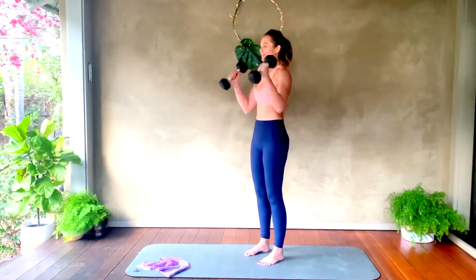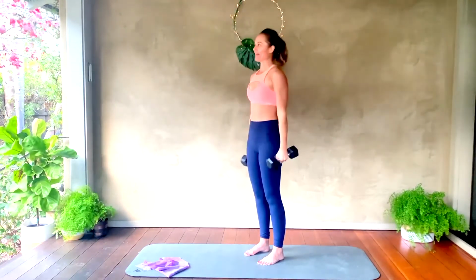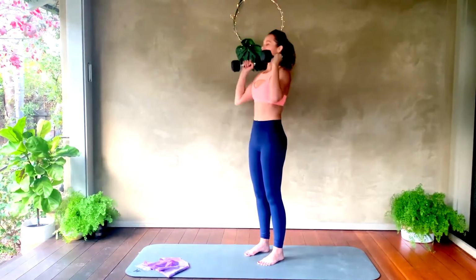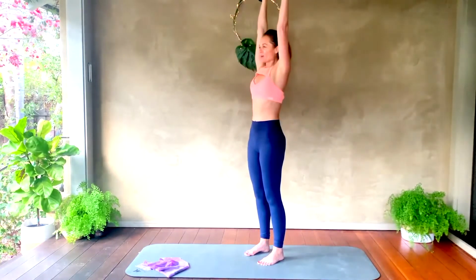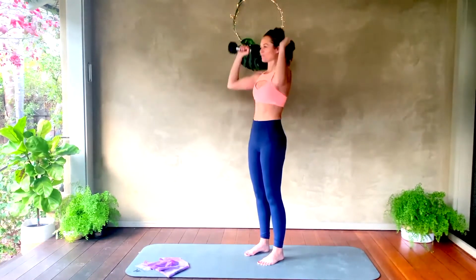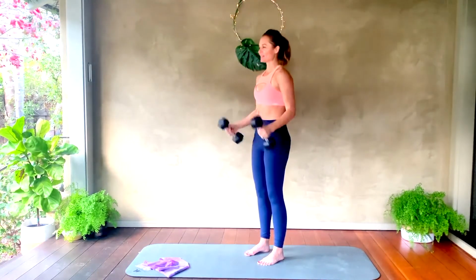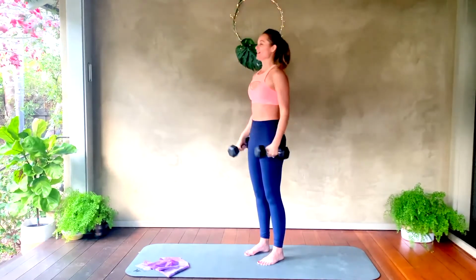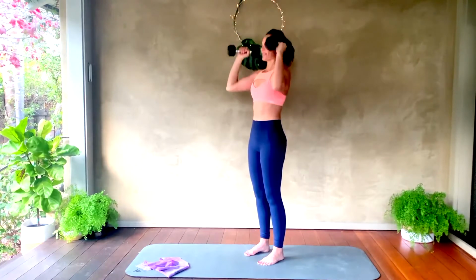Good. And every time I talk, I lose count, so I'm going to say 7, counting up. Hopefully that's right. Go for 8. Make sure you're really rotating those arms, palms face in, and as you lift up overhead, palms face out. Good. For 9. That's it. And 10. Glutes stay engaged. Hips are open in the front. 11, so you're not sitting back in your hips here,